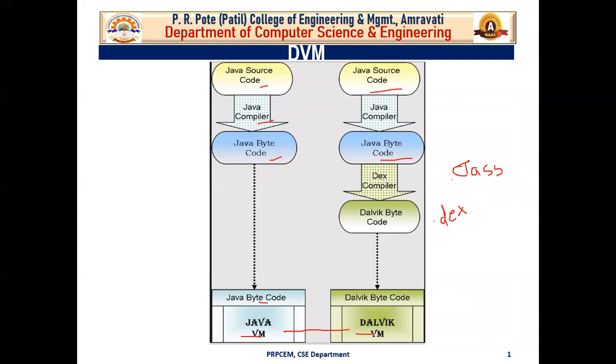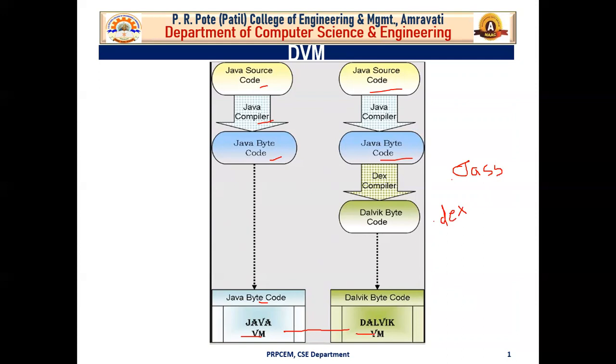Now this has been optimized for resources. For instance, if the same string variable is defined in different classes, the DEX tool references a single string resource for all the classes. Similarly, such optimizations are done by the DEX tool to make it more memory efficient, since it has to run on a mobile device. So we can specifically say that the Dalvik virtual machine was developed keeping the Android platform in mind.